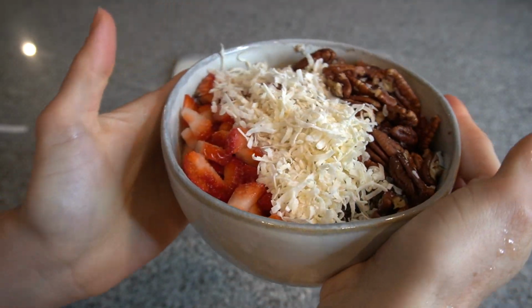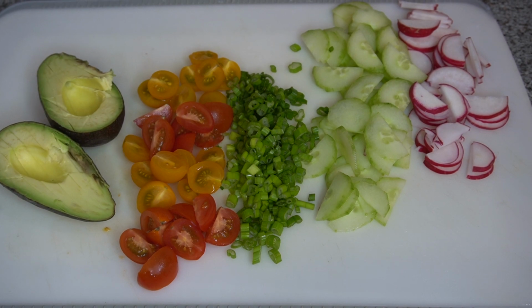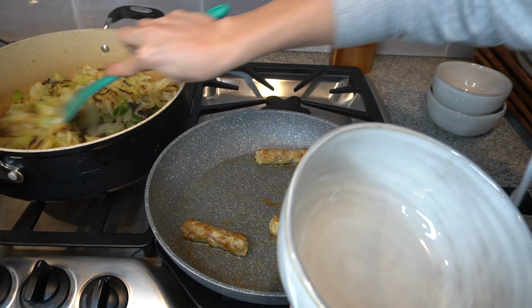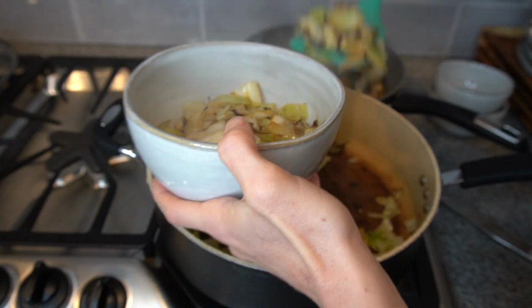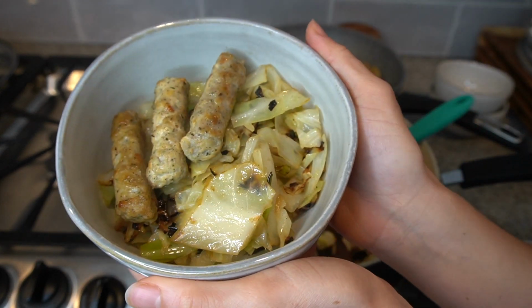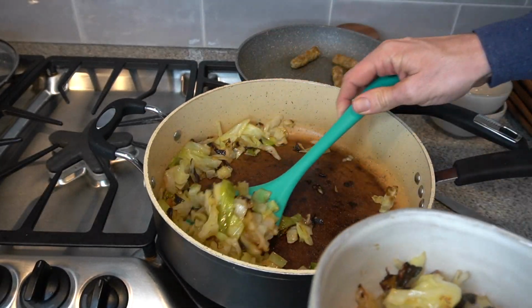And now another meal that I love to make is kind of like an egg roll in a bowl. You could do ground beef with this. We had chicken sausages that we wanted to use up, so we sauteed some chicken sausages, and then we sauteed some shredded cabbage in avocado oil, and then I just put the toppings on that you see. So I put some cucumber, some cherry tomatoes, some green onions, some radishes, and avocado, the chicken sausage, and then